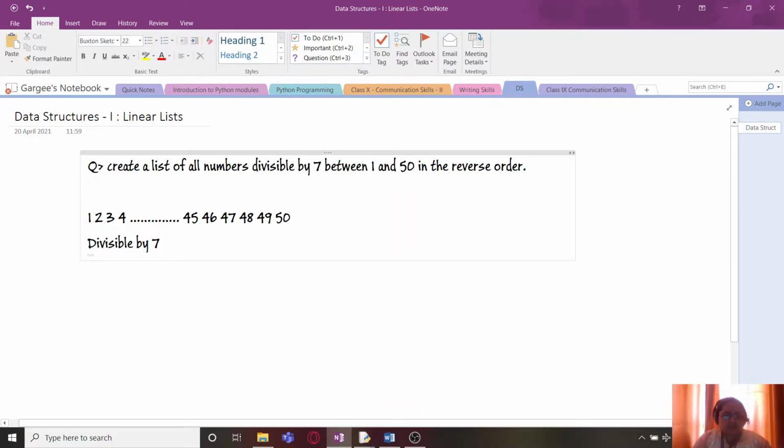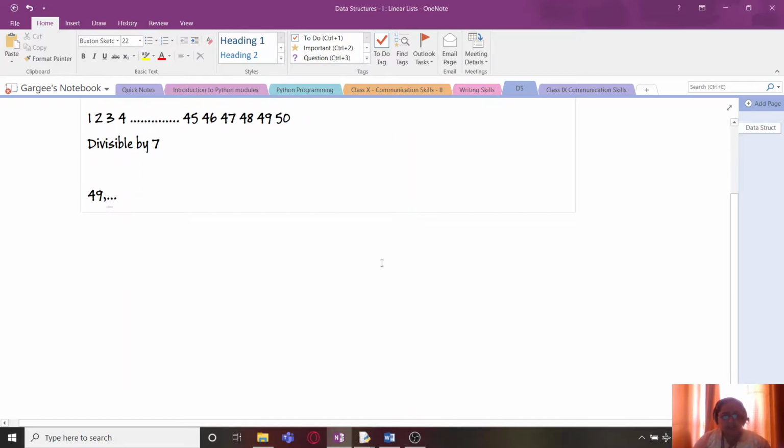And also that too in the reverse order. That is, now it has to be printed from backwards, starting from 49 onwards. So how do we do this? For doing this, the best form is we use list comprehension. So I am writing here